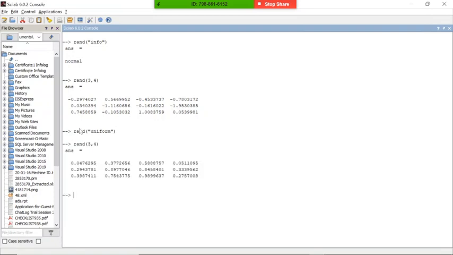You can see there is some uniformity in it. This value, this value, this value are uniform. There are two types of generating random numbers in Scilab: one is the uniform method, another is the normal method.